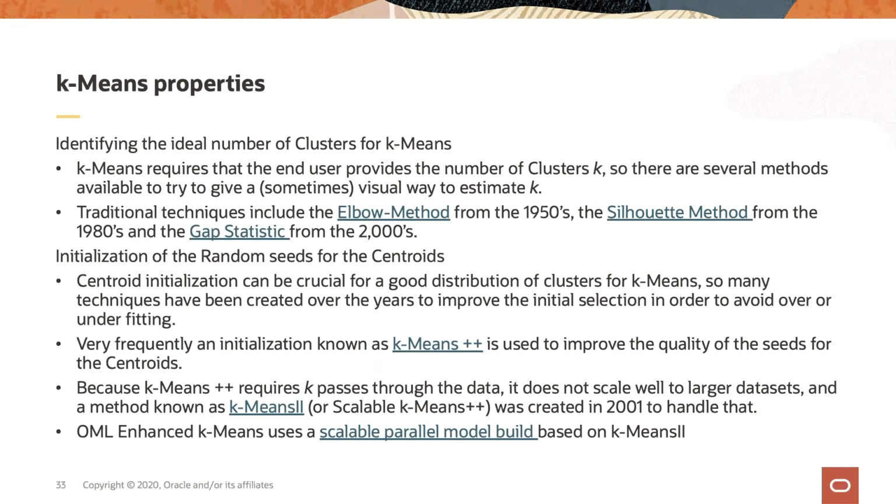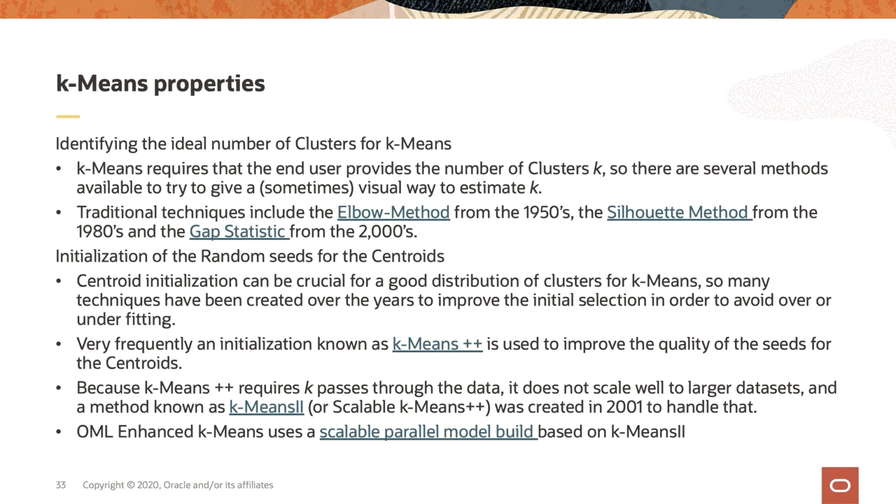Another important thing is the initialization of the random seeds. Remember that we started with 2 random numbers we put in there on the screen. But k-means is kind of slow at trying to find the best initialization, and it's never ideal. Sometimes, depending on where you put the points, something converges and you end up stuck with something that is not ideal. So